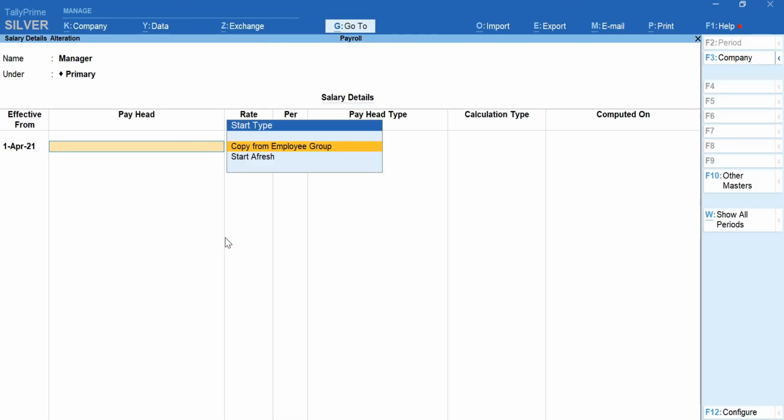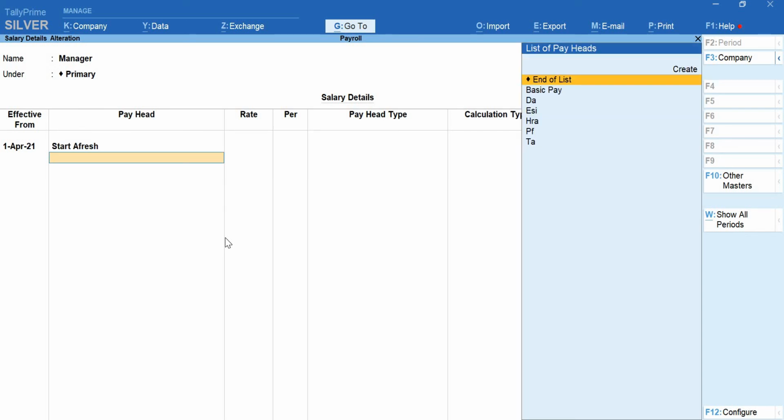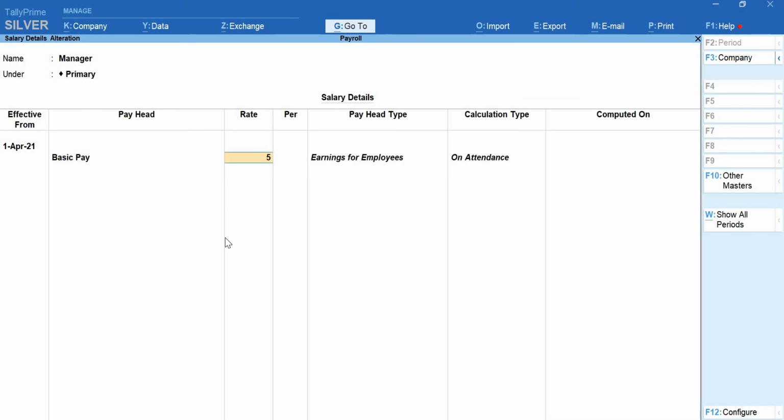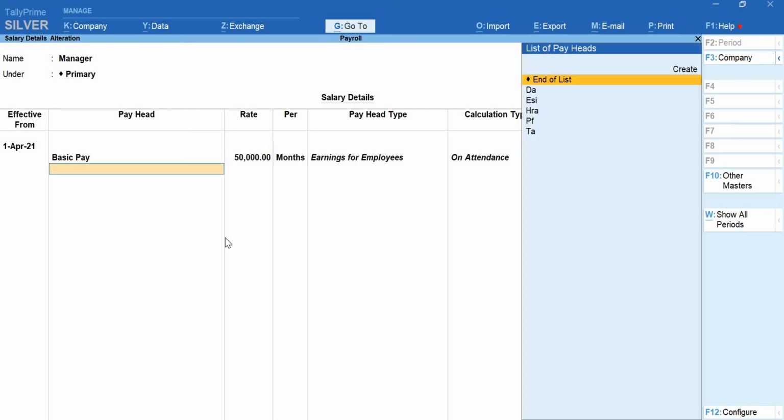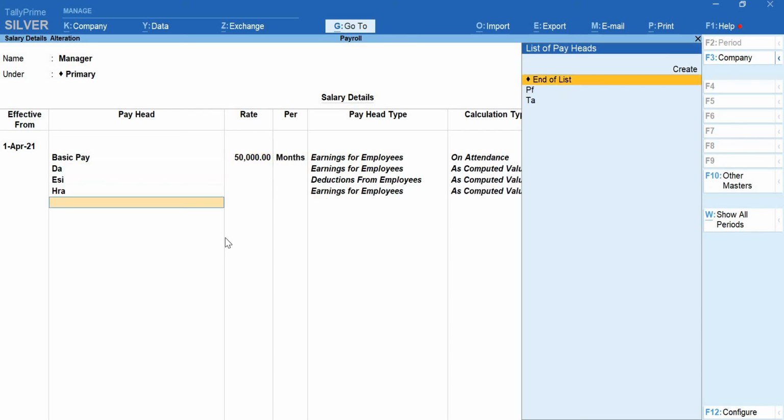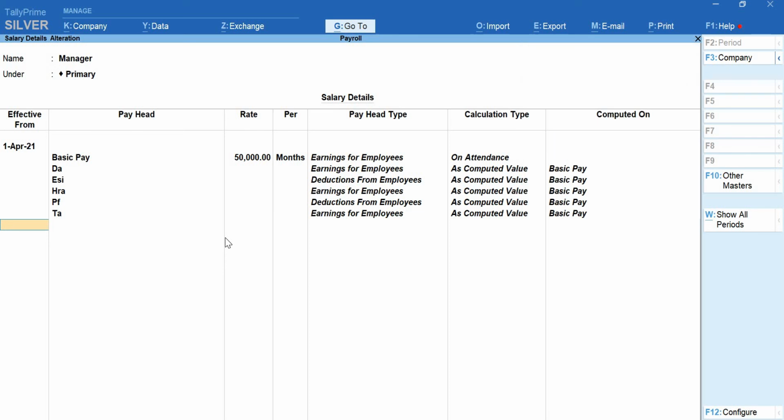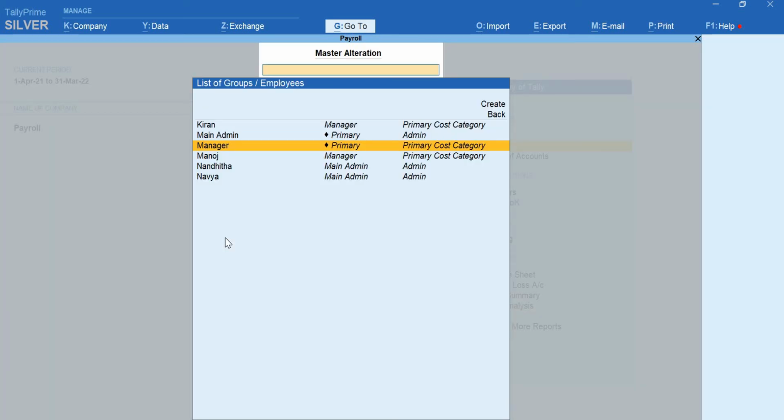And now I need not give the copy from employee group because the salary given to admin is different. The salary given to manager is different. That is the reason I have to start afresh. Basic pay, I'll give it as 50,000. I'll select DA, ESI, HRA, PF, TA and I'll just accept the screen. And now look into the list of managers working in your organization.